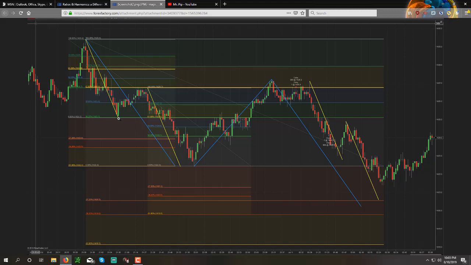Then price comes down and makes a new structure low. So let's just pretend, for all intents and purposes, what do we have here? We don't know exactly what we have here other than a high. Well, is it a new structure high? Is it the beginning of time? Let's just assume that it's the beginning of time, that the market just started here and it made a high and a higher high here.